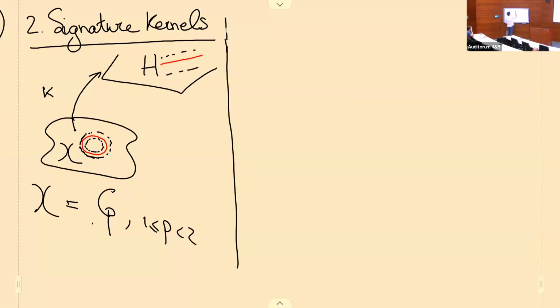So let's start with an inner product. Let this be an inner product on V. I can add a little bit more structure on the base space of my paths by equipping it with an inner product. So the Euclidean inner product if you are in R^d, or something more fancy if you want. Now, if you have an inner product on V,